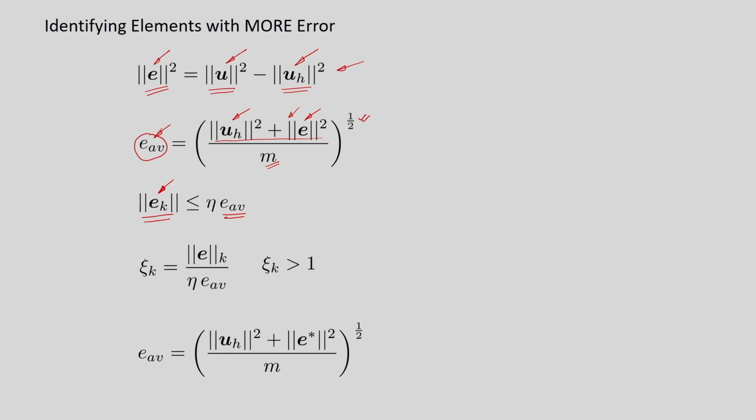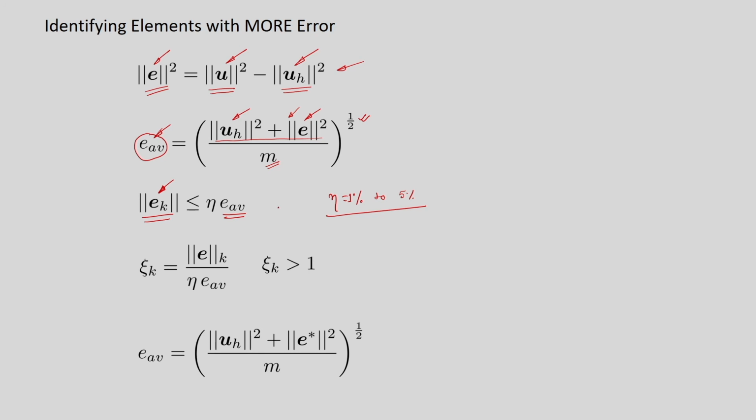So, if the energy norm error corresponding to the kth element is less than eta times the average energy, now, what is eta? Eta is generally taken in percentage, generally from 1% to 5%. That is how it is taken in the literature. So, if the energy norm error of the kth element is less than, say, 5% of the average energy, then that element is fine and we do not need to refine that element in the subsequent refinement steps.